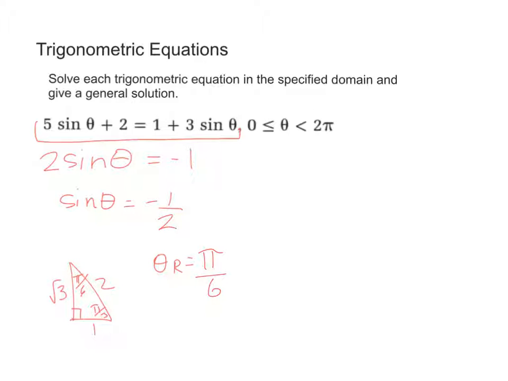And then we need to figure out which quadrants our actual answer is in. We're looking for a negative sine. So which quadrants have a negative sine value? So that's right, 3 and 4. And so then the angle that we're looking for in there